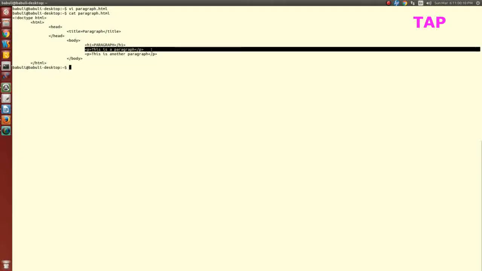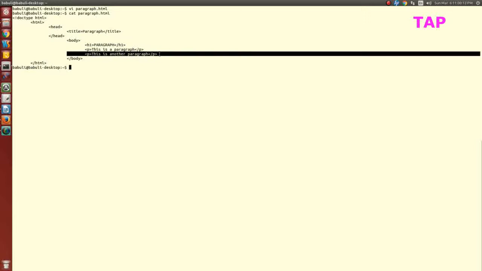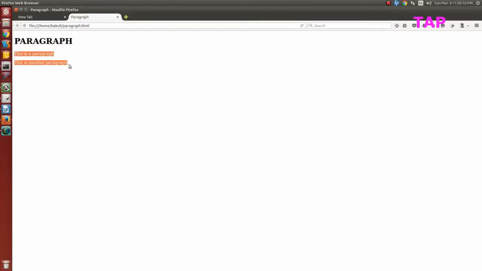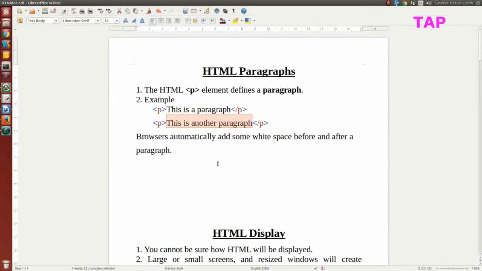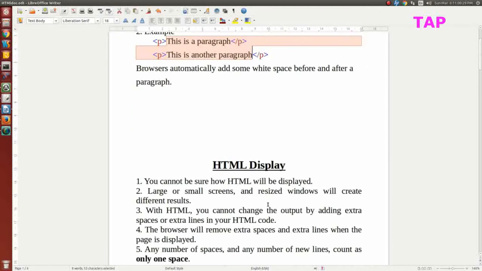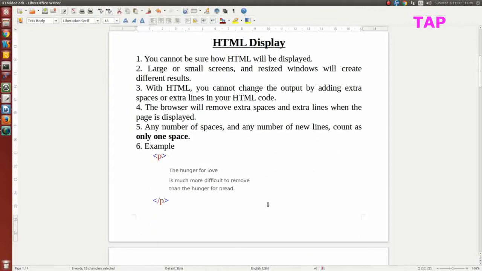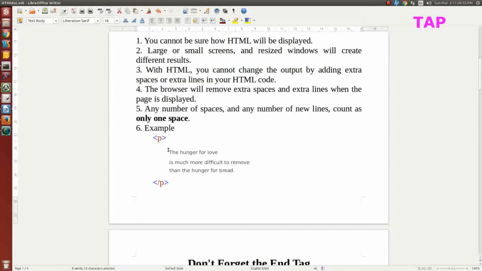But if we use both sentences in one paragraph tag, then it will come in a single line. That also we will see. I am taking the same example where I have given multiple lines in a single paragraph tag. So how will this behave? Let's take the same example.